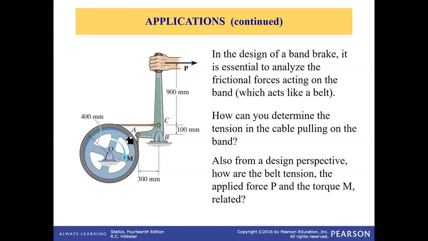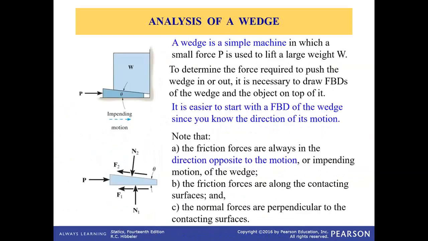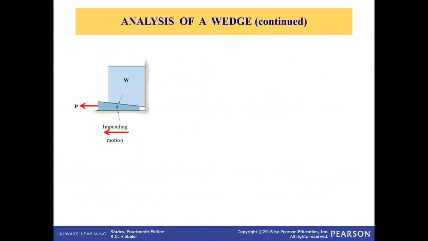Whenever we design a band brake, where the rotating wheel is braked using this lever and rope arrangement, the tension at one end of the rope is not the same as the tension at the other end of the rope. Typically, the end at which more force is applied has higher tension than the other end of the belt, and that we can calculate using